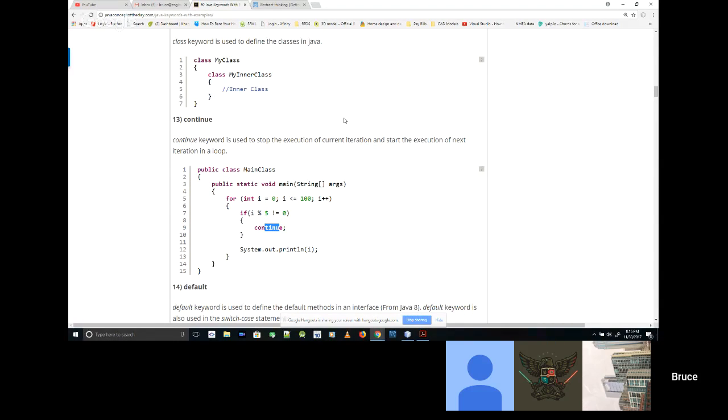Now, the other interesting thing, though, is this doesn't make a lot of sense because without there being a break for another condition, the continue does not make sense. It is very strange, I will give you this. It is very strange to have a scenario where you want to use the word continue, but it is there for your disposal. There are some of these keywords that you may never use. Continue may be one of those.